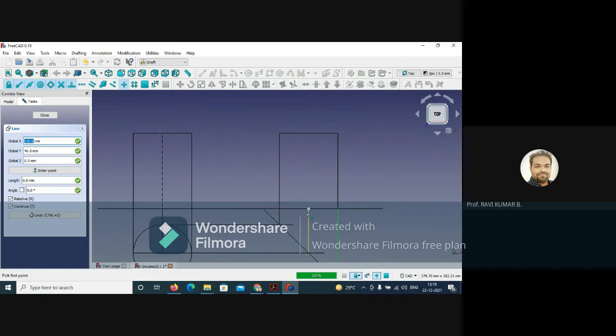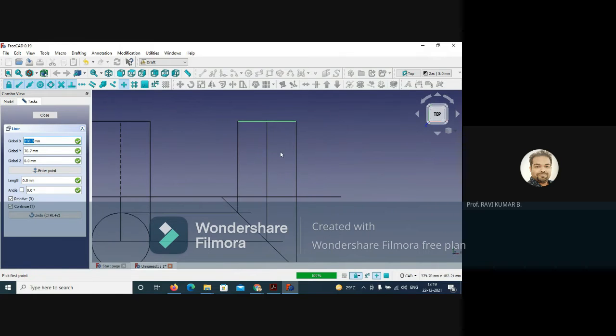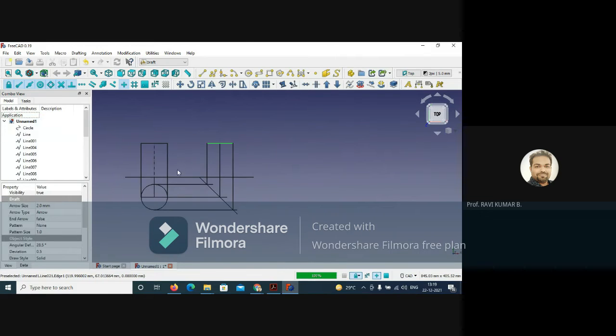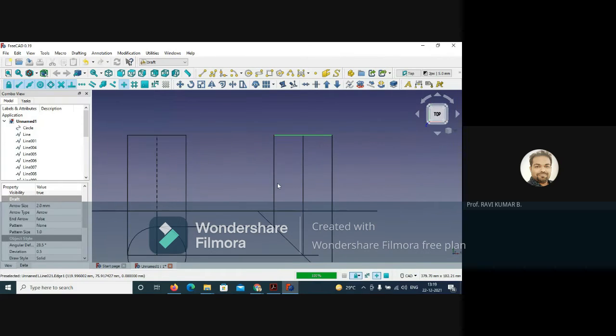Now you can click over this line and go exactly as center. So you got center also. Now what we need to do, this is 80, so exactly at 40 you can draw another line. So this is the 40. Either you draw the line or otherwise no need, you just leave it as it is. Escape, close.